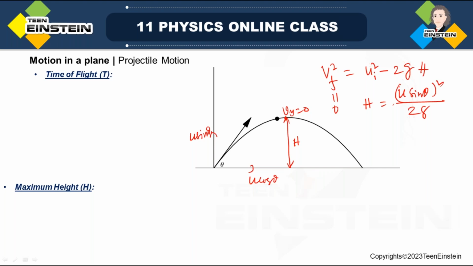How do you find out maximum height? The maximum height is then given by h is equal to u square sine square theta divided by 2g. This is the maximum height attained by the projectile, right? Now